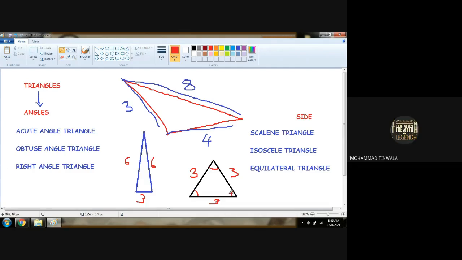And the most important thing in an equilateral triangle: if the sides are equal, their angles will also be equal. All three angles will be equal, and that will be 60 degrees each, because the sum of all three angles should be 180 degrees. Yes or no? Yes. If the angles are equal, one angle will be 60 degrees, right? Understood, boys? Yes, sir. Okay, good.